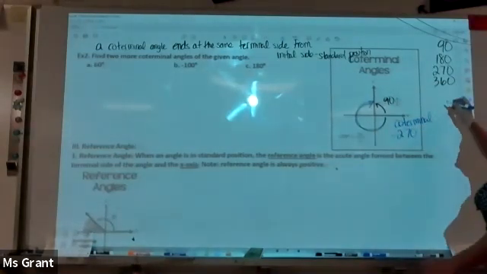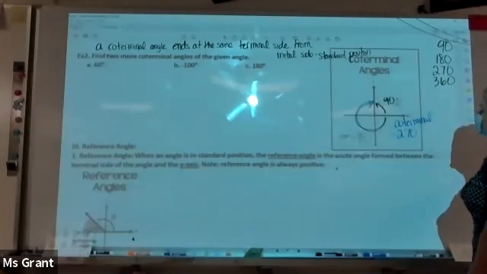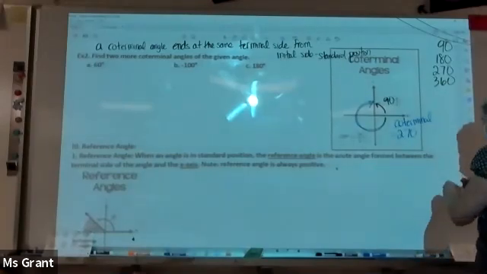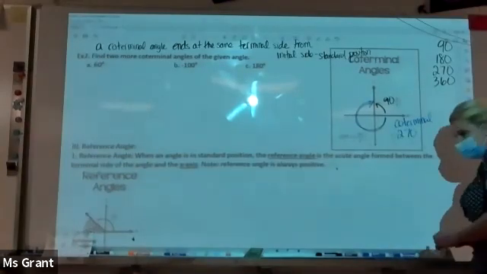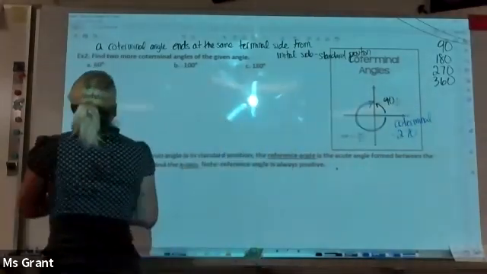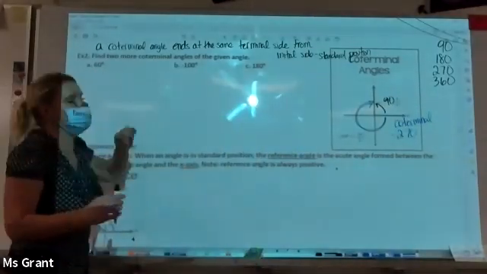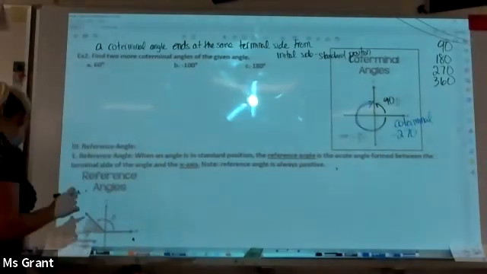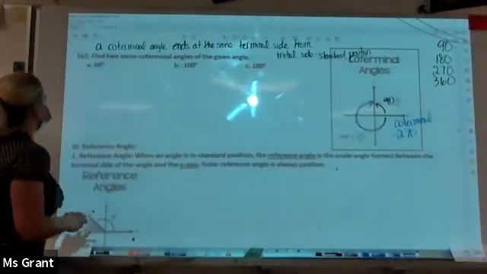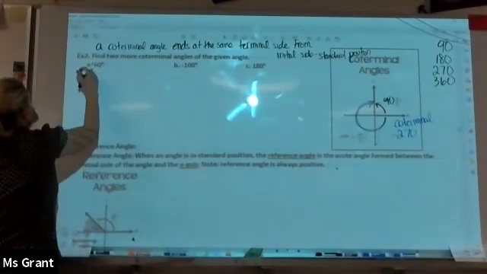Well, let's leave it at that for now, because in the next part, let me show you. It says, find two more coterminal angles. So I need a positive and a negative, which means I'm gonna have to draw my little